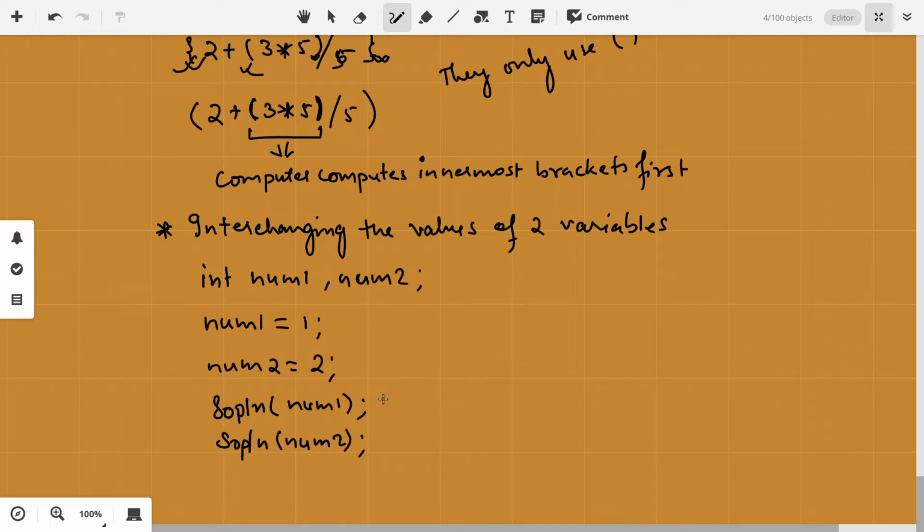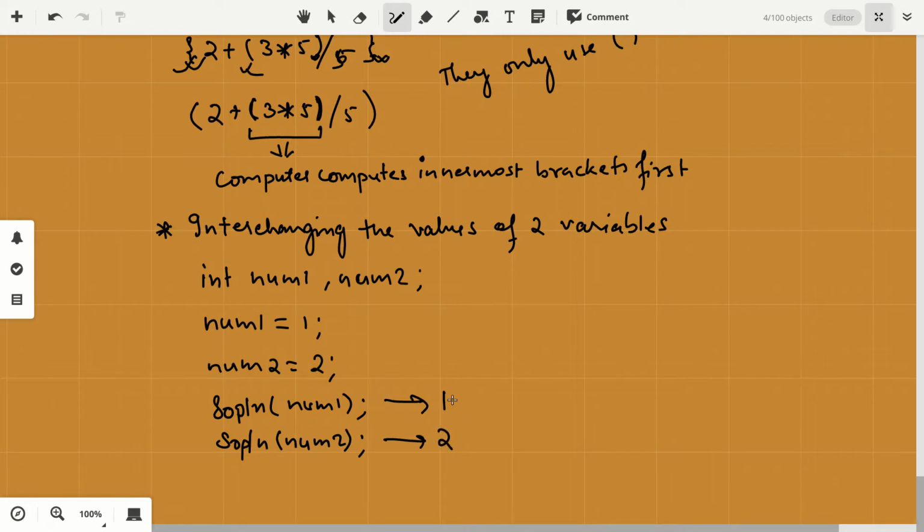Okay, so what will be the output? It will go and check for num1. Num1's memory location will be having 1, so the first line will be 1, and then the next line is num2. Num2 is containing 2, so it will print 2.